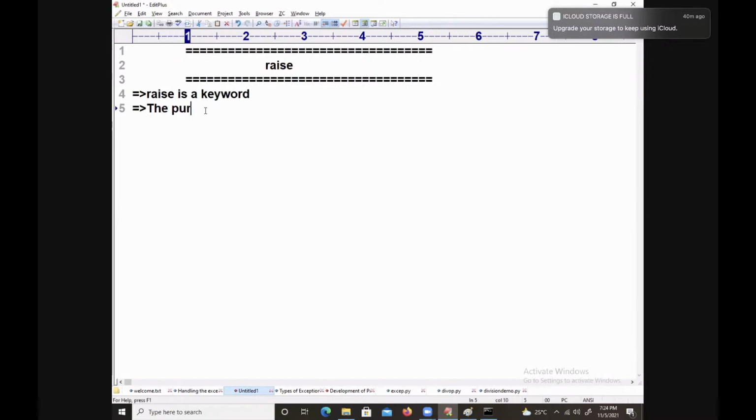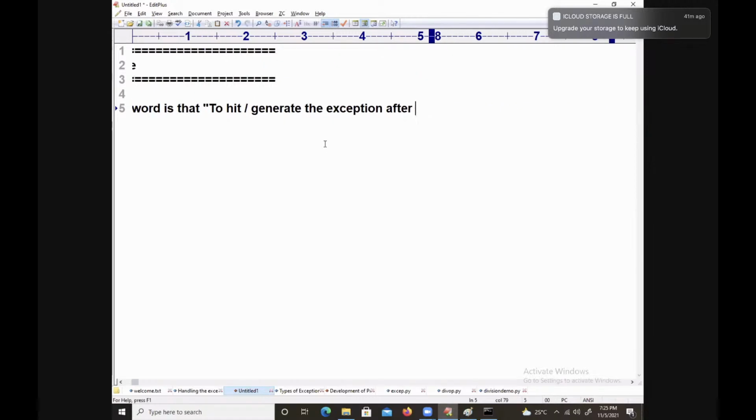The purpose of the raise keyword is to hit or generate the exception when a certain condition is satisfied.